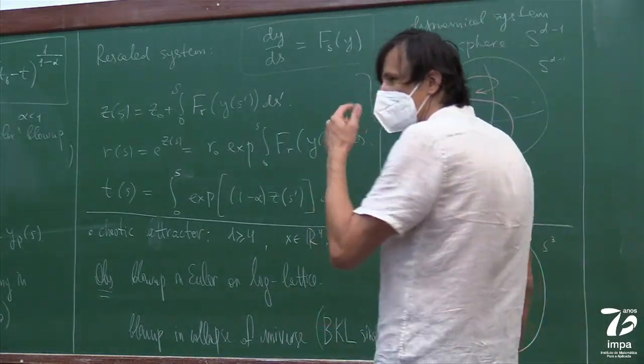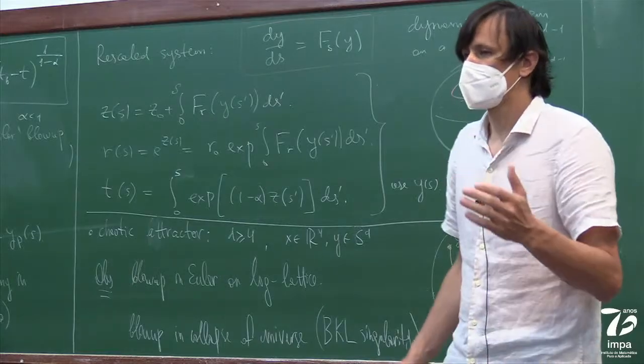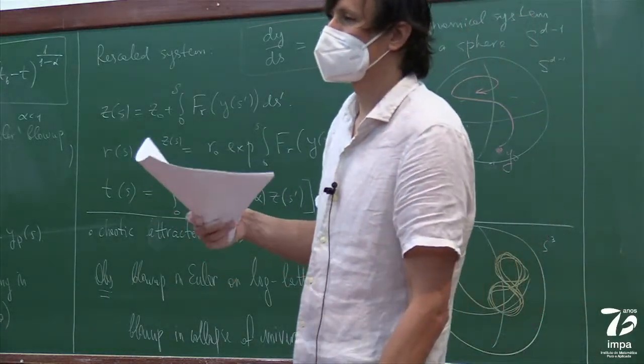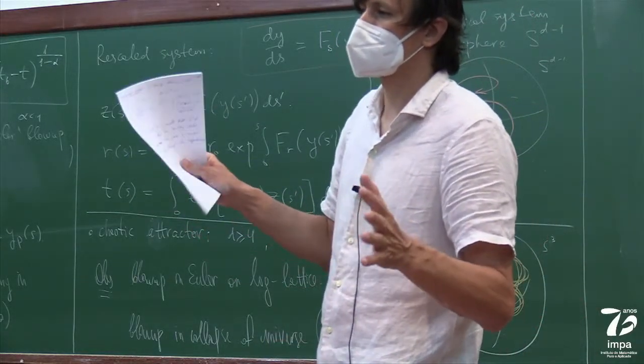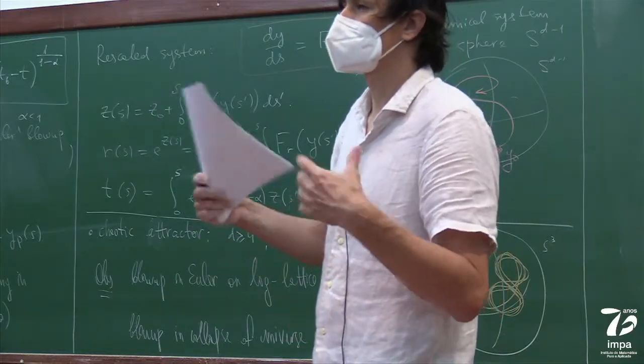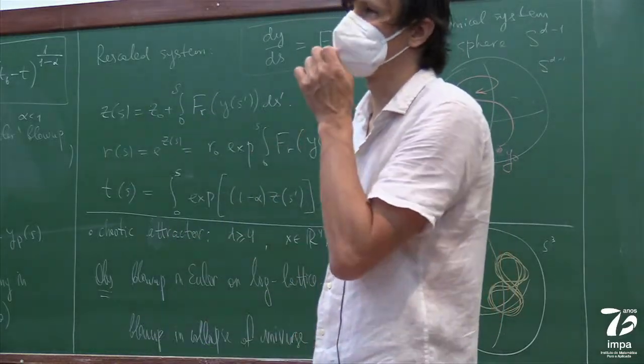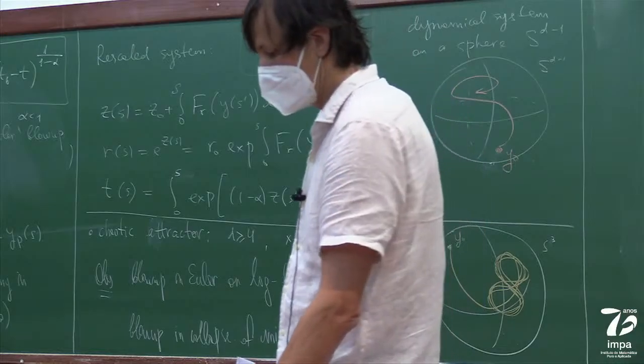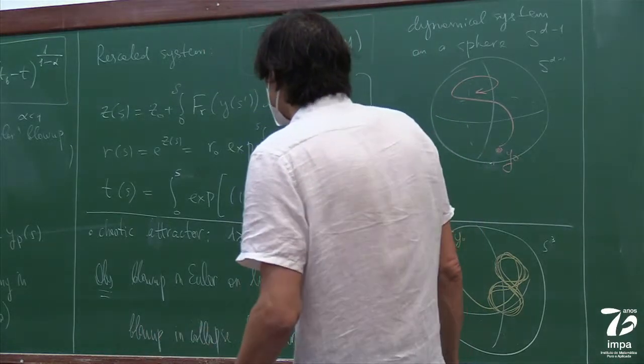Essentially, you can even write it as a fixed point for the Sabra model if you introduce a Poincare section. If you introduce a Poincare section, it will be just a fixed point of the Poincare section. And actually for the shell models,